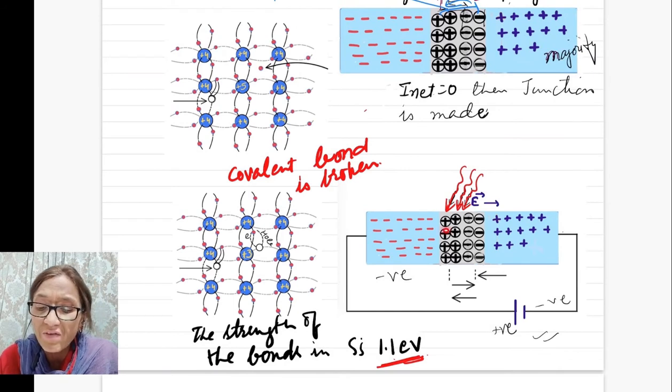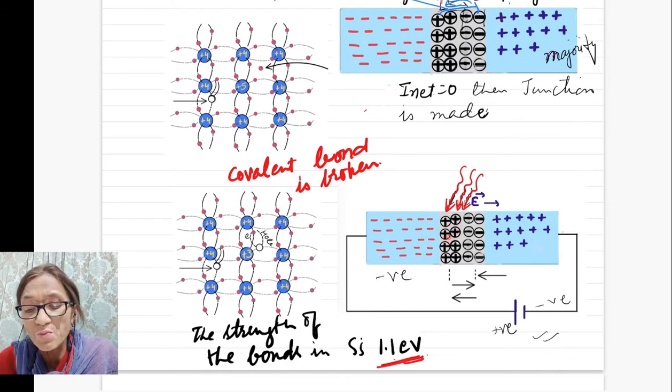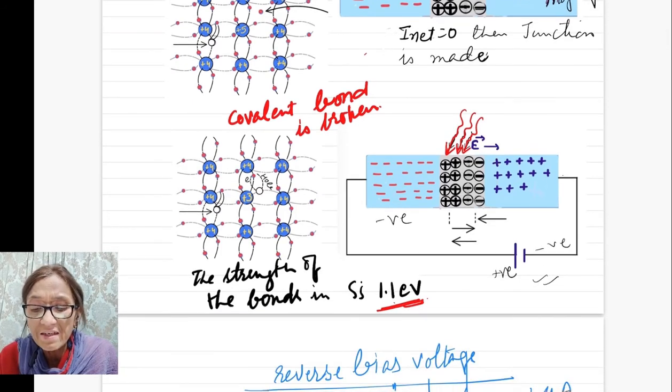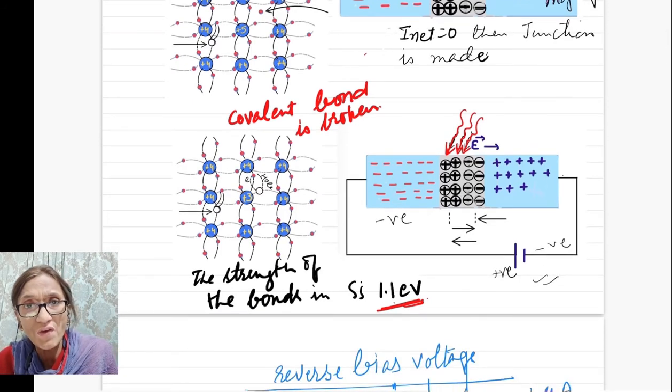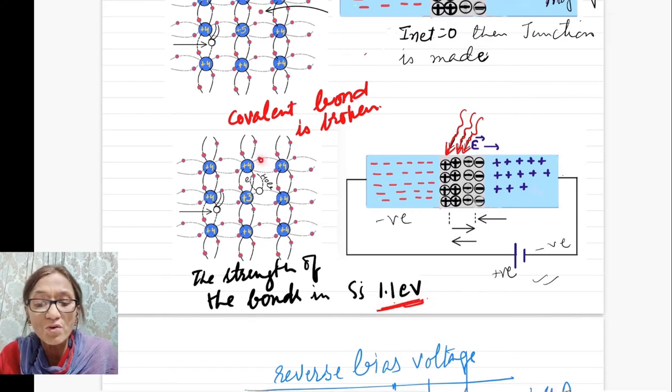So here you have no mobile charges. Mobile charges are already shifted. Here in your depletion region, all the charges are bound charges, with bond strength 1.1 electron volt for silicon. So if radiant energy has a photon with energy greater than 1.1 electron volt, these electrons and holes, after gaining energy more than 1.1 electron